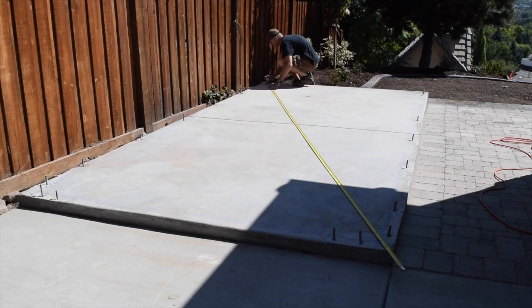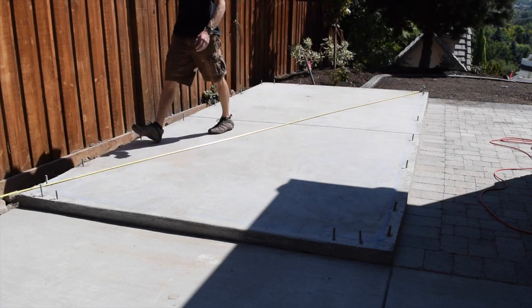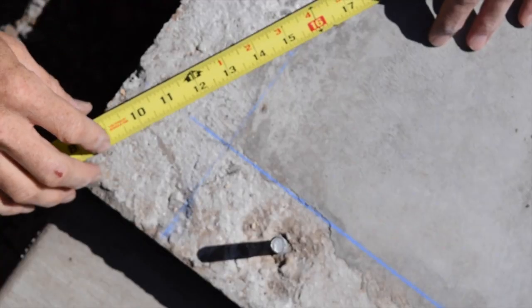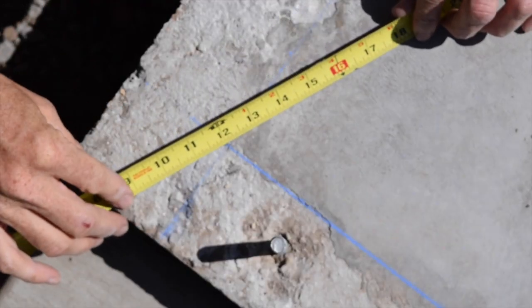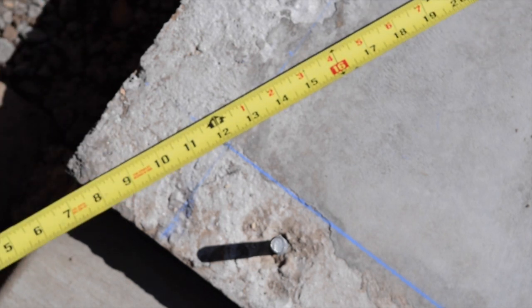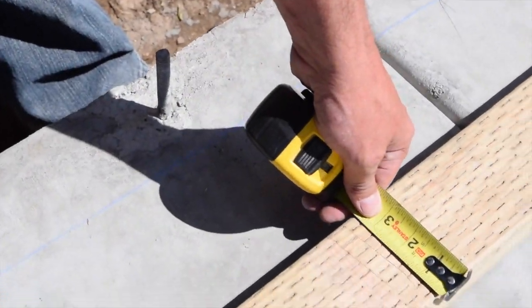Before you move on, it is a good idea to measure the diagonals and make sure the lengths are the same, so you know that your lines are square to each other. Always measure from the 1-foot mark when checking for square because it is more accurate than using the end of the tape measure. Once the wall marks are in their proper locations, you are ready to mark the hole locations